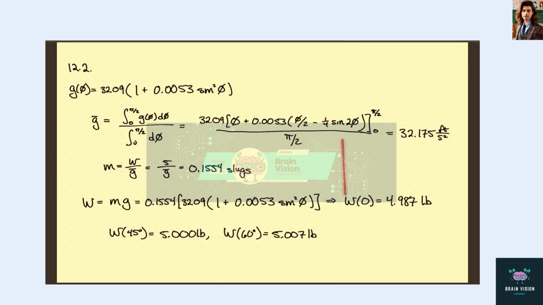At 45 degrees, that's probably North America, Europe kind of latitudes. And then at 60 degrees, I guess this would be theoretically closer to the equator. No, I think 0 is the equator,